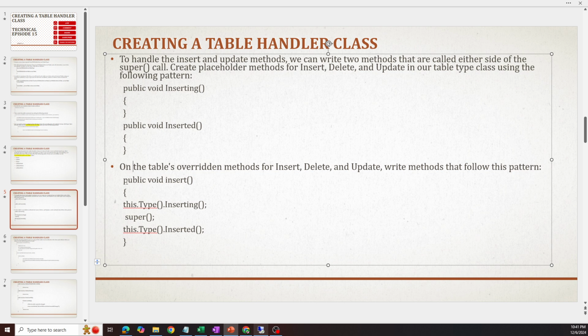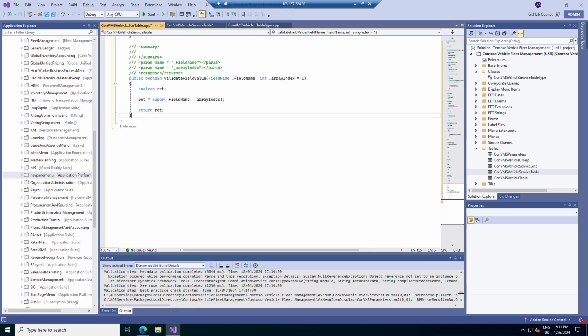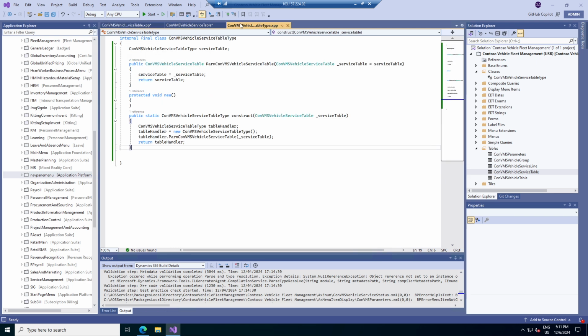Public void insert, and one minute. So we will go to our table type and we will write these methods,